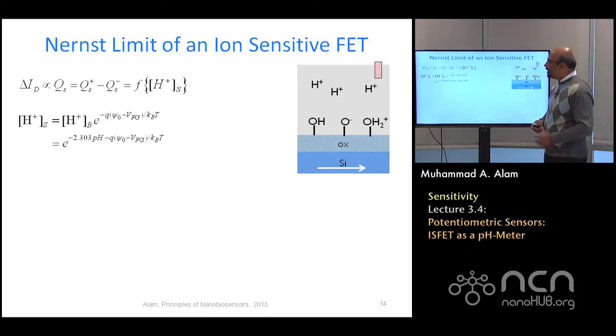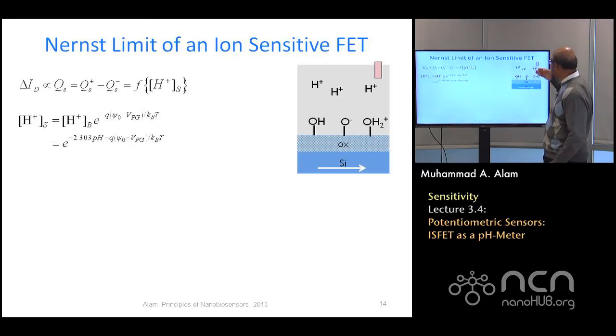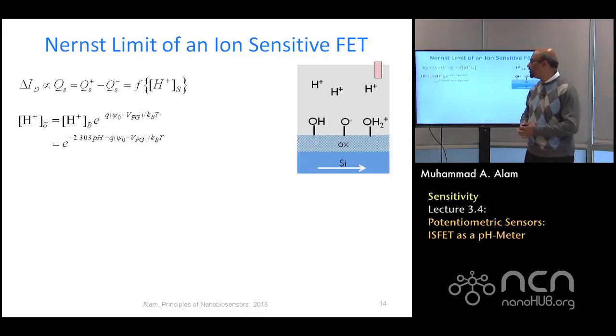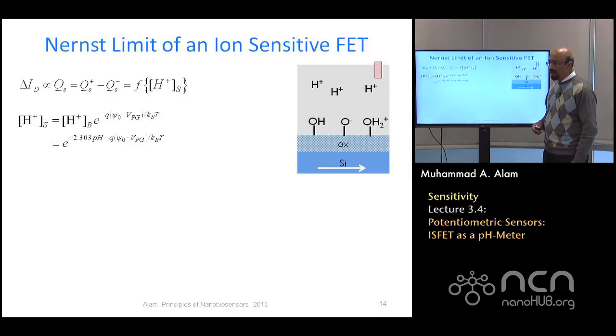Now, the surface concentration is related to the bulk concentration in terms of the potential of the surface itself as well as the fluid gate, because this fluid gate or the reference gate can move the whole potential up and down and thereby change the surface concentration. And this hydrogen atom concentration, or the pH, you can write with a 2.3 factor, because pH was based on log 10. If you wanted to do it in terms of log e, then you have to pick up a 2.3 factor up there.